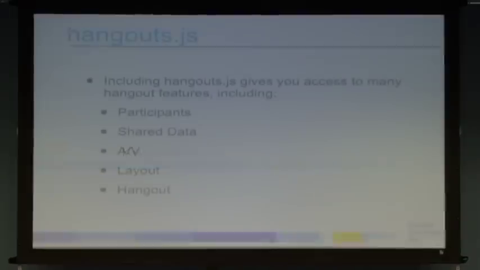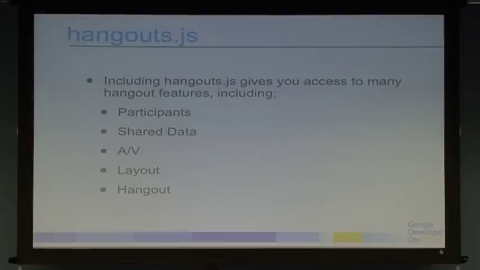So some key concepts for apps. The first one is the API itself. There's a hangout.js that I included in that previous slide, and that's where we provide you with the JavaScript APIs to access components of the Hangouts. And there's right now 5 different namespaced APIs. There's one for the participants. So all the members of the Hangouts, you can learn things about them. Their Google Plus information, their current state, whether they have a mic at all, is it muted, things like that.